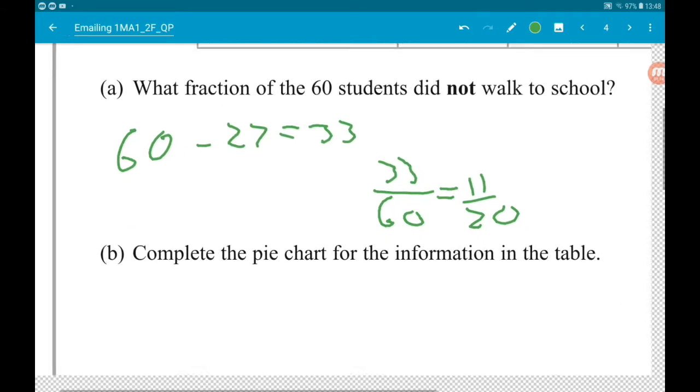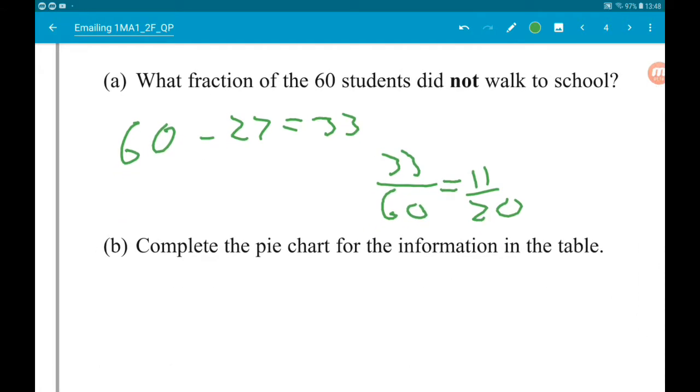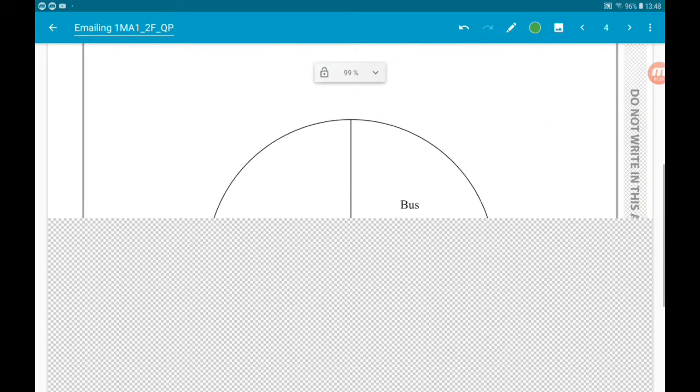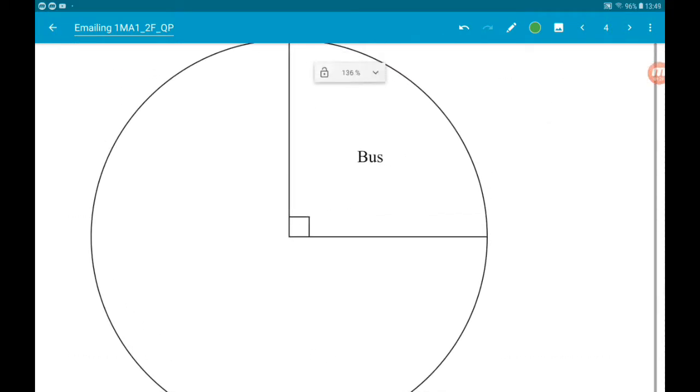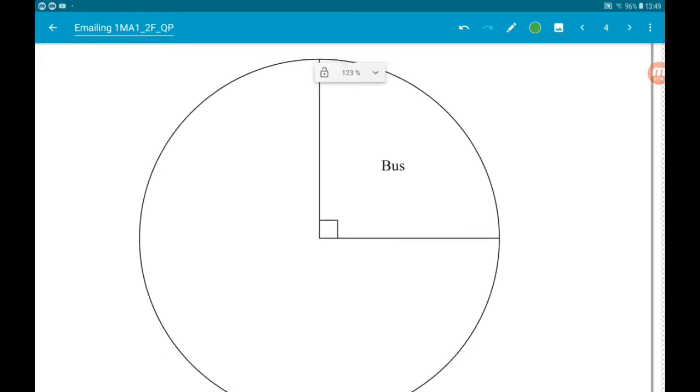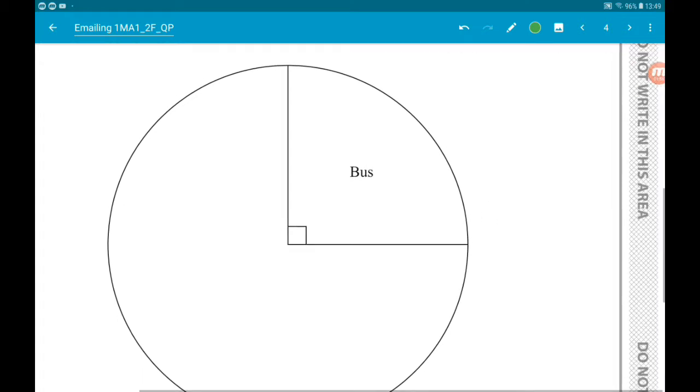Okay, then part B wants us to complete the pie chart for this information in the table. So here's our pie chart. They've already done bus for us. So what we need to do, first of all, is work out how many degrees each student is worth in the pie chart. Now, in the pie chart, the total number of degrees is 360. There are 60 students, so each student